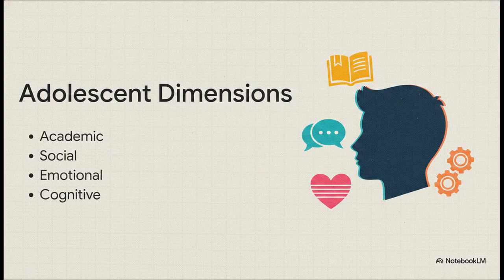social, emotional, and cognitive. Now, it's absolutely crucial to remember that these aren't just isolated silos neatly separated in a teenager's brain. Not at all. They are tangled, live wires that educators have to navigate simultaneously, every single day. Every adolescent sitting in front of you is processing information through all 4 of these channels at the exact same